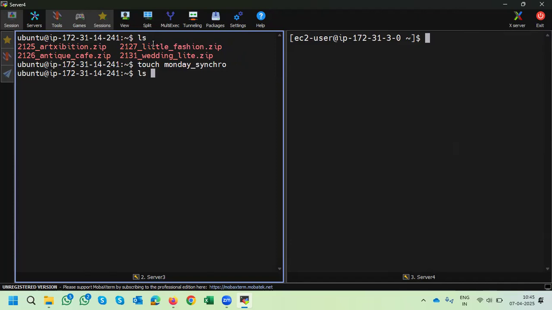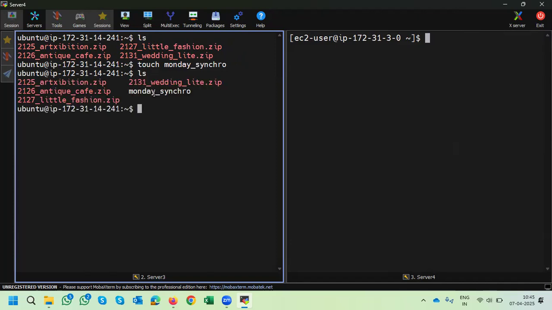Okay. Now if I do ls, you see Monday synchro is present here. The file is created, everybody. Even though it's an empty file, it is created. So let's insert some data into Monday synchro. What data do you want to insert? Let's say I want to insert "today is Monday". This is the content I want to insert into the file